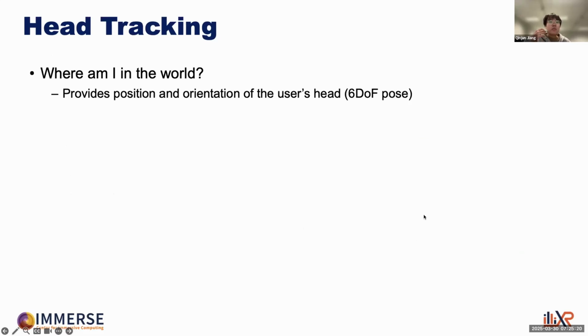Okay, now we have this sensor information. We are going to use it to answer one important question, which is, where am I in the world? Right? And this concerns a huge domain of tracking, which is widely used in things like robotics and also autonomous vehicles. But specifically for the case of XR, it's really about tracking the user's head.